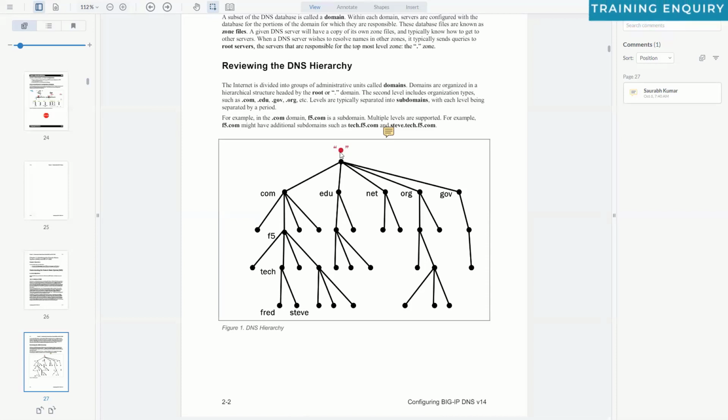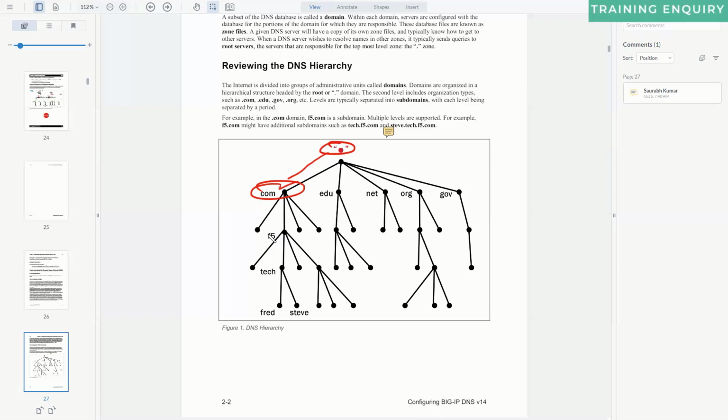So you could see that it is a hierarchical model, right? Root will have a database, and in its database you would have all these top level domains. Then these TLDs would have entries for the subdomains,